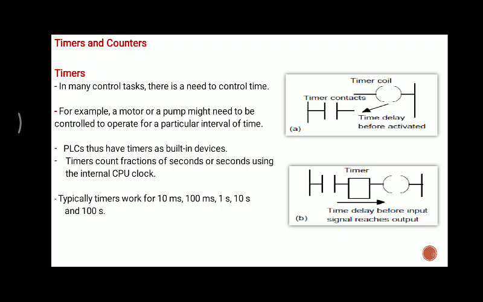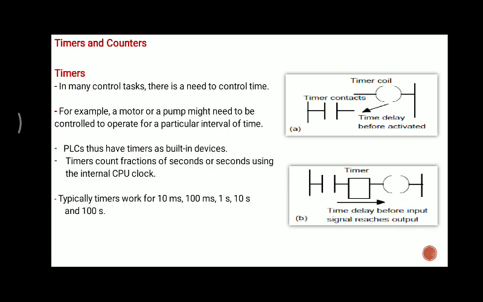Suppose there is less water in a tank, and every 5 minutes there is pumping by the motor for that particular application. If the motor of that tank is operated with the PLC, then after 5 minutes the motor will start automatically, and the tank will be filled up to the desired level. Like this the timer works in the PLC.